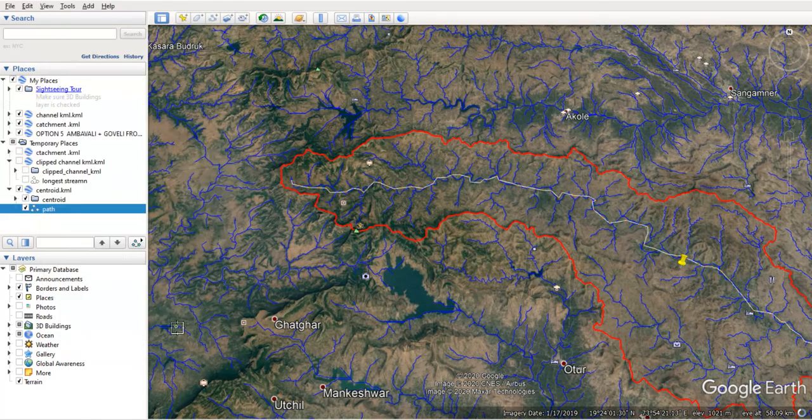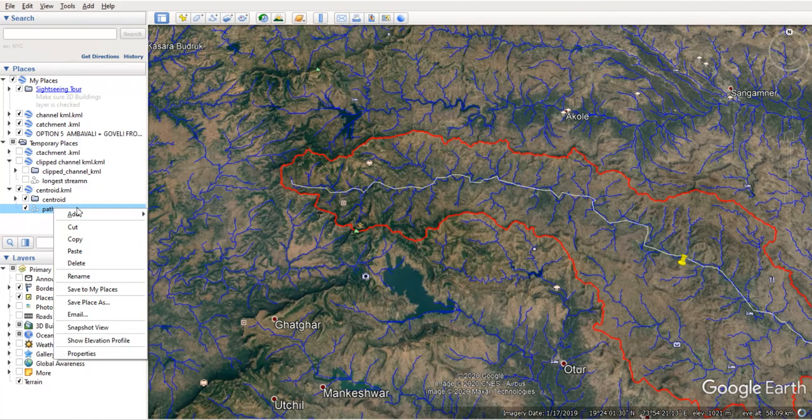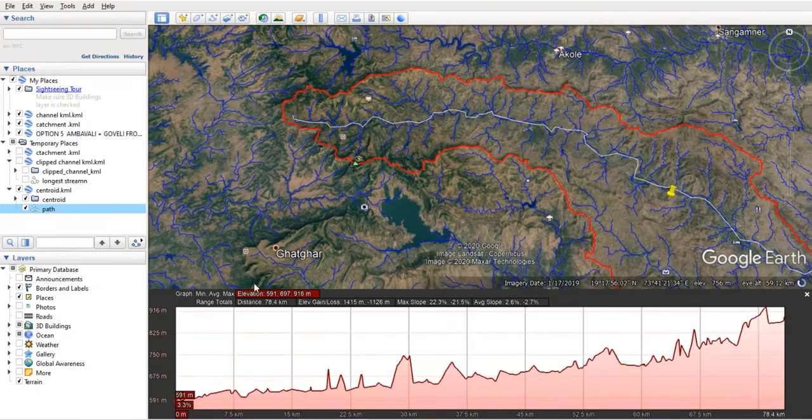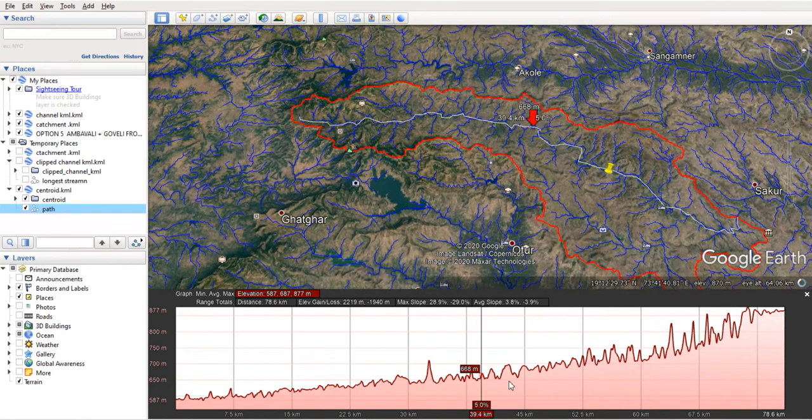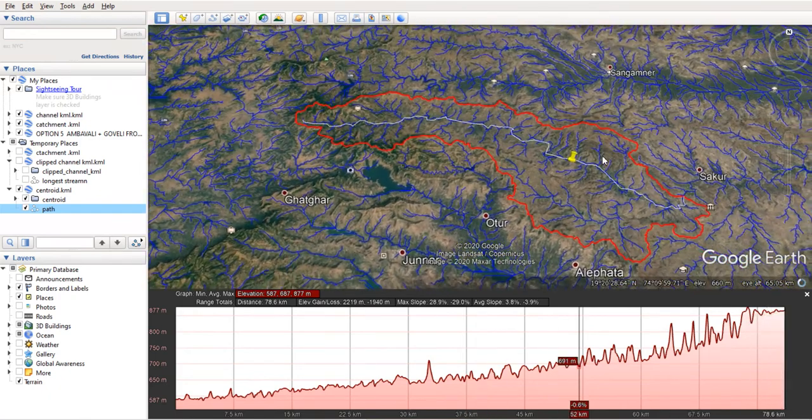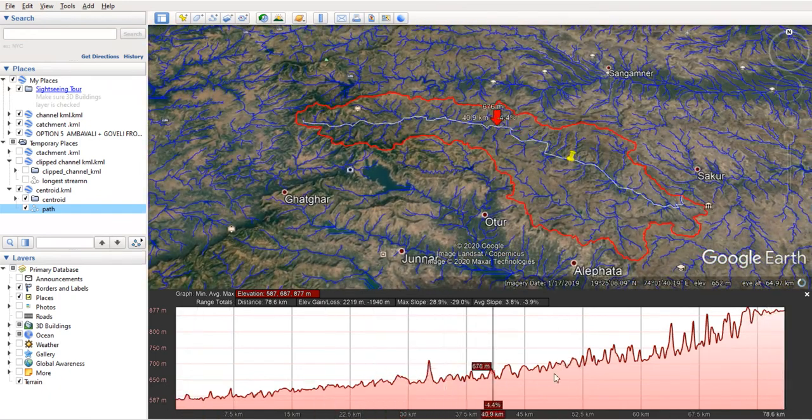Okay, and now I need some other things: the elevation profile. If I mark it very accurately, these humps will not be there; it will be a clean-shaped, increasing-order level profile.